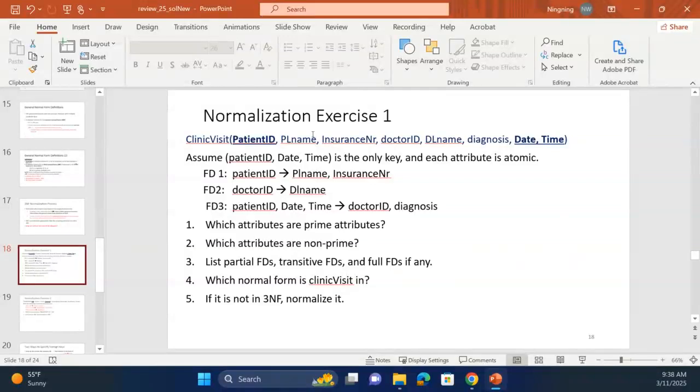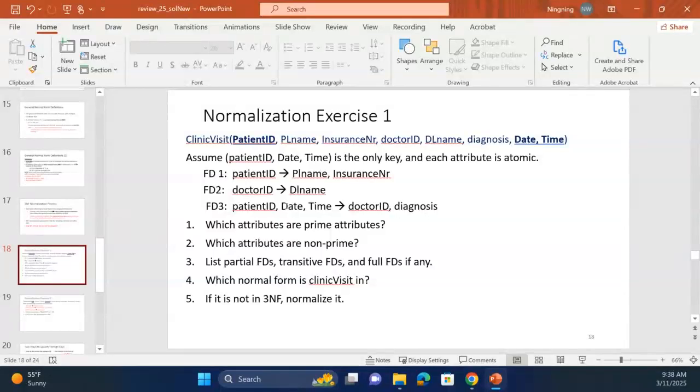Assume that this primary key is the only key of the schema, and each attribute is atomic. Then for the functional dependencies, FD1: patient ID determines patient last name and insurance number, and FD2: doctor ID determines doctor last name, and